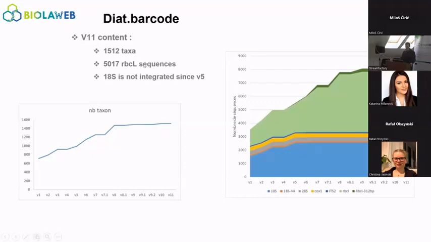Here, this is the content of Diatom. This is the last version: 1,500 taxa. You have freshwater, but also marine species. More than 5,000 rbcL sequences. And here on this graph, the vertical axis is the number of sequences, and the horizontal axis is